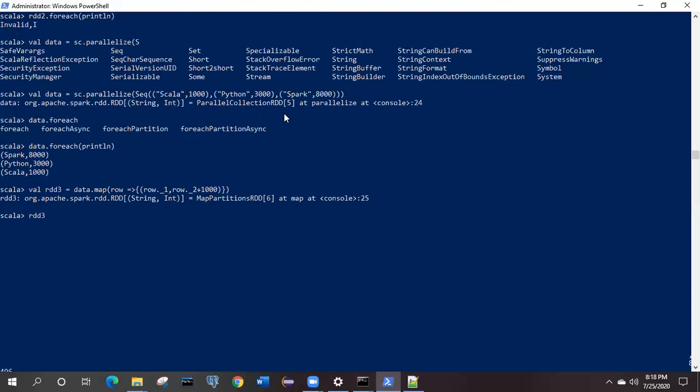Now we can cross verify whether it is created exactly as we are expecting or not. We can print the values from this RDD.